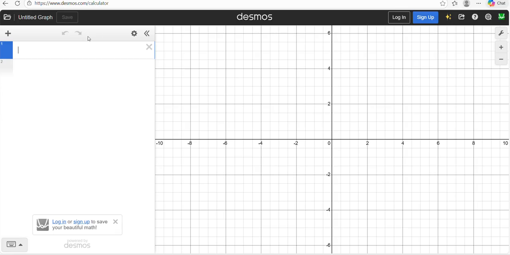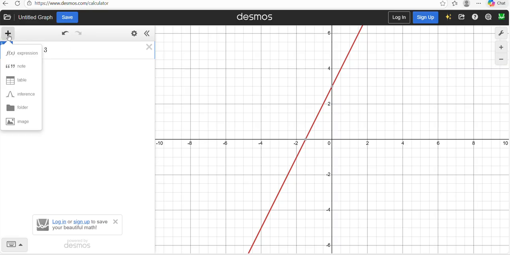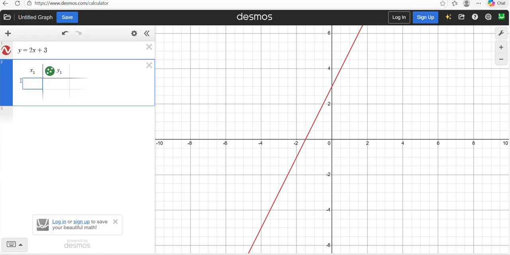So let's start with a clean line. Let's say y equals 2x plus 3. This is a nice, neat, clean line and will almost never occur in reality with your data, but it's a good starting point. Now, let's add a table, and we'll pick xy points. So, we can pick the point 0, 3,